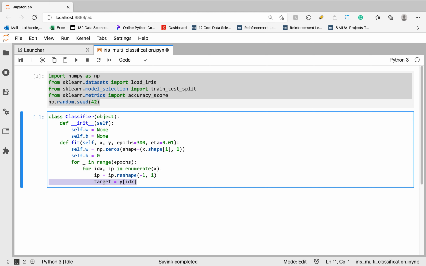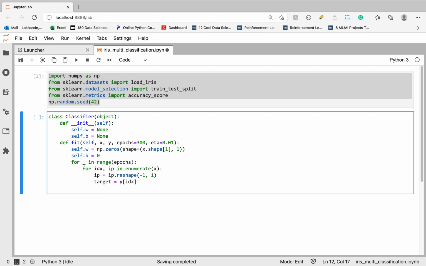For this we use the enumerate method on x. The enumerate method returns two values: first the current index, and then the current value. Now let's predict. Pred is basically the same as linear regression, w transpose x plus w0.